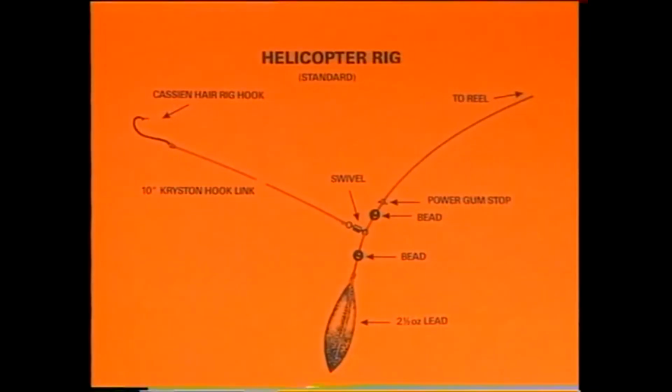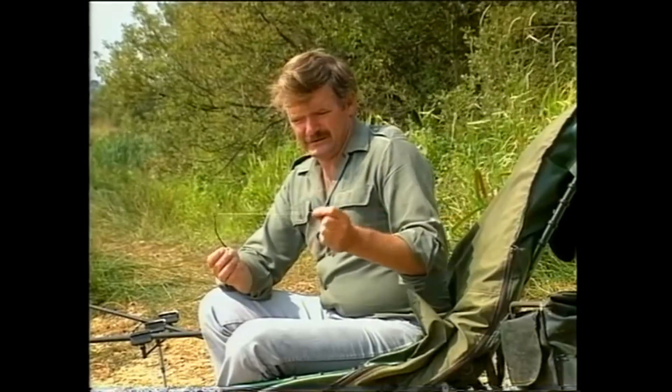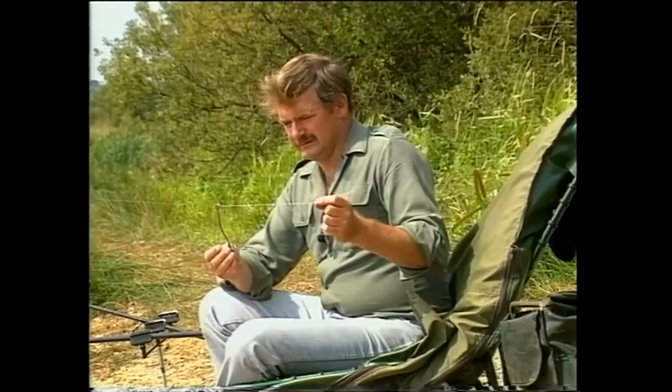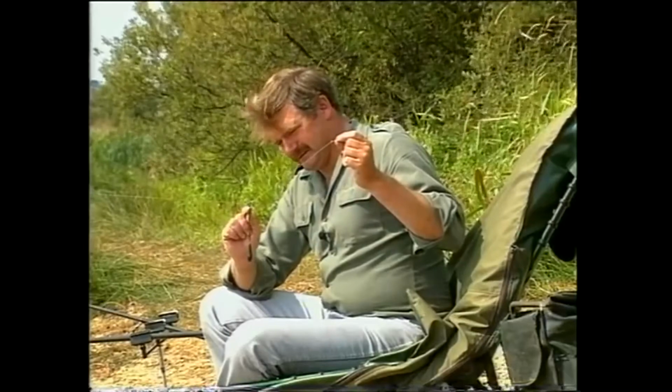Now this rig is the helicopter rig. I'm using a Christon hook link. The main advantage of this rig is that it doesn't tangle. Often people use the lead attached to that swivel there,